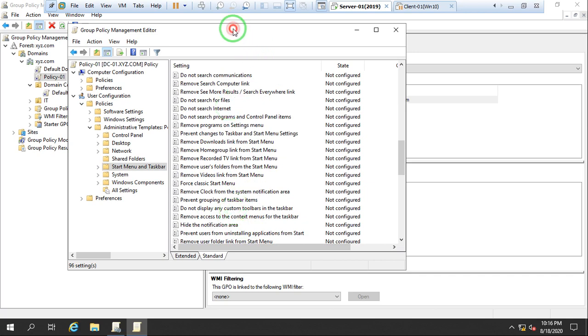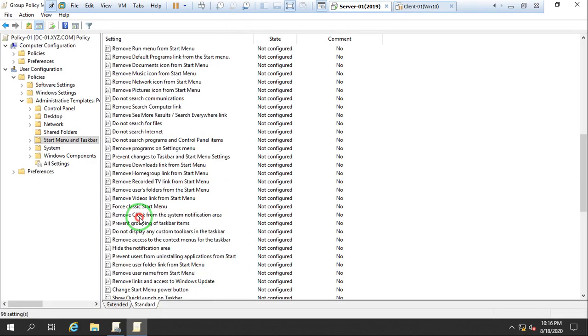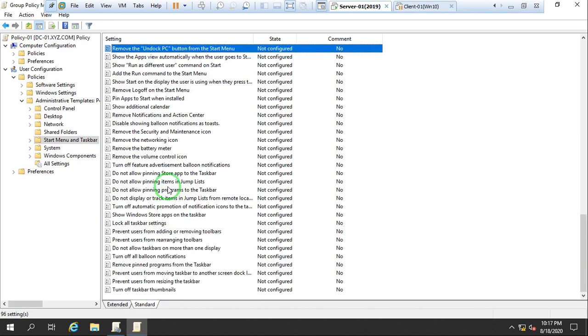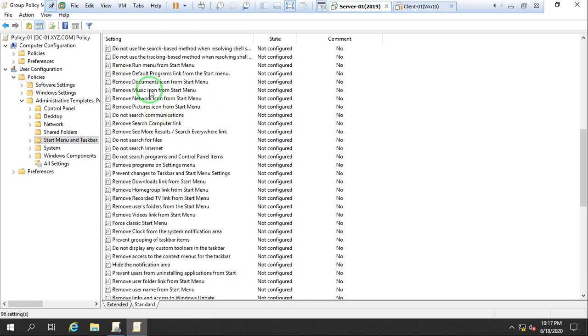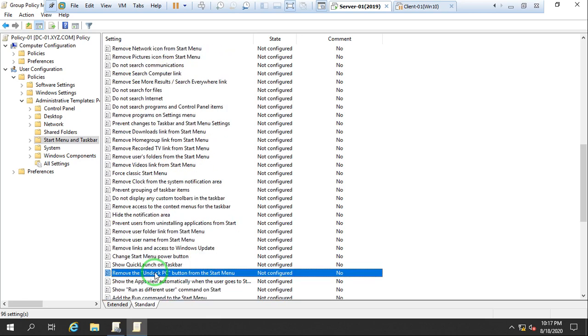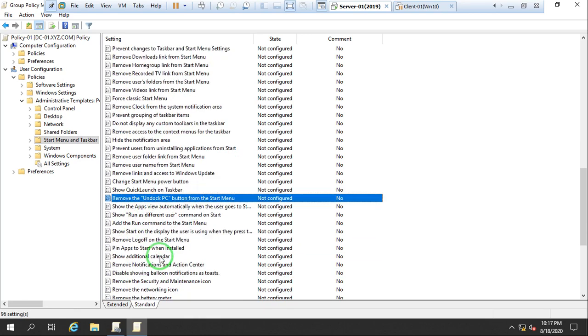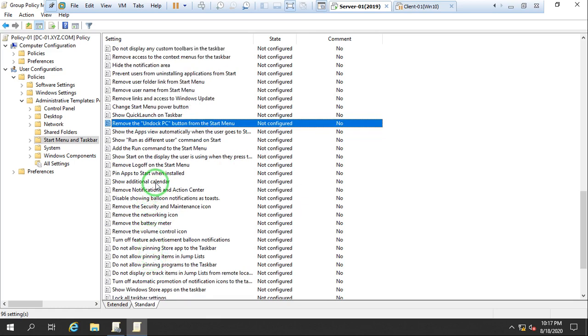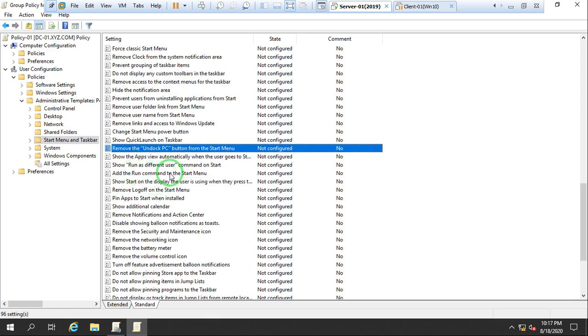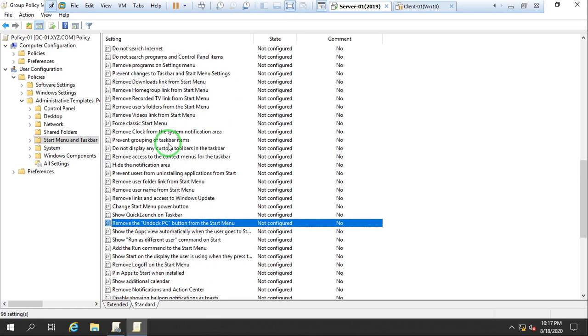Just go to the bigger ones. Remove run. Need to check it once. This option is a remove run also.